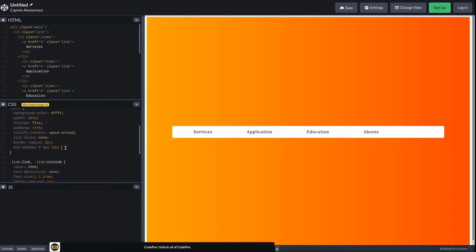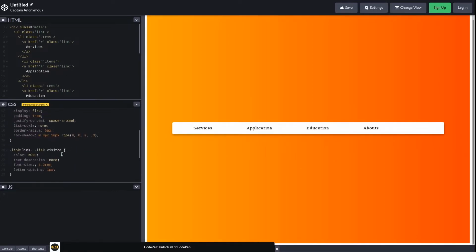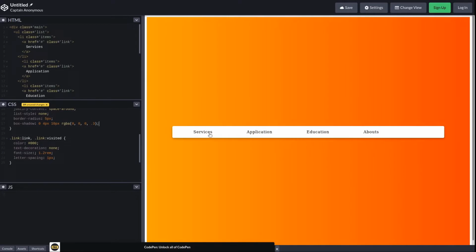Our color should be RGBA black, and alpha I think 0.3 is enough. Okay, now it's done.